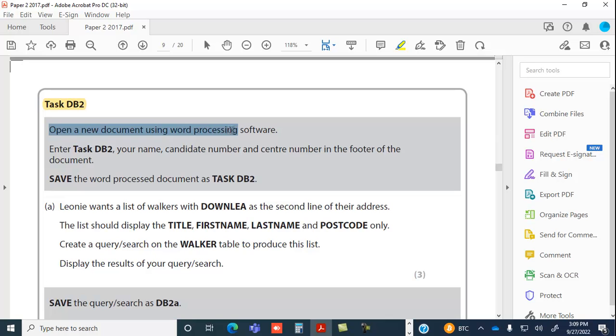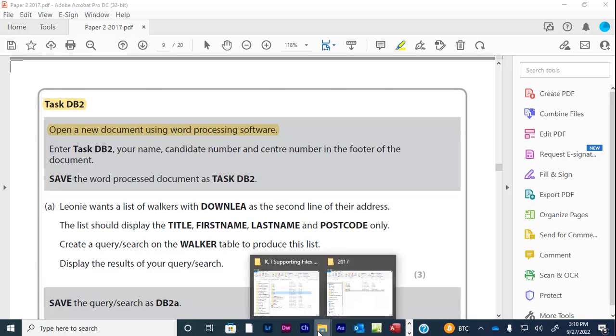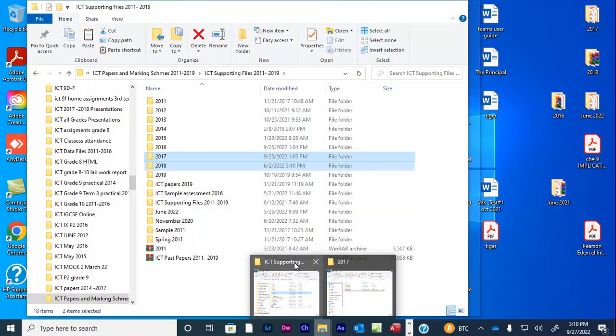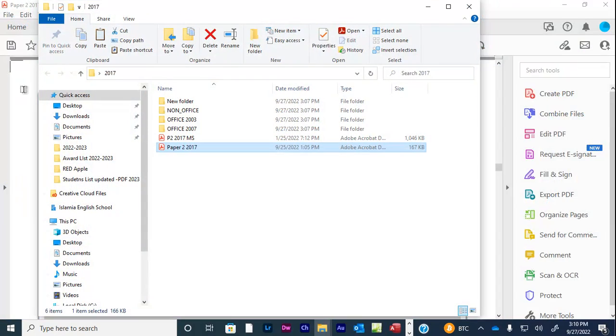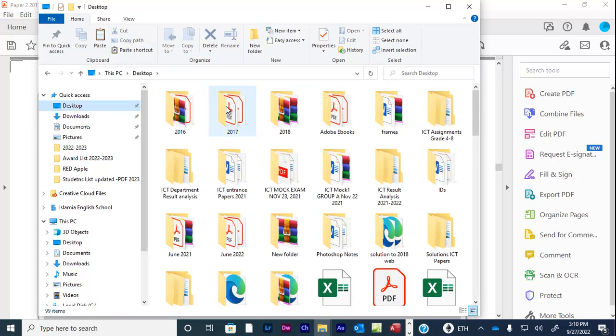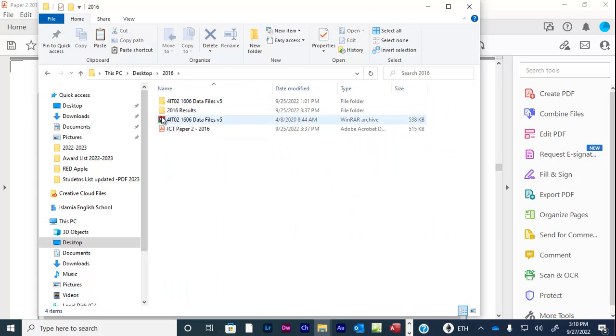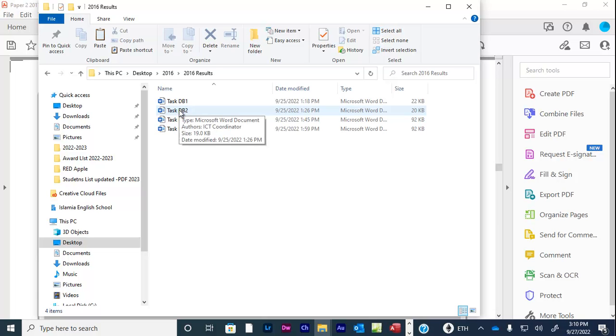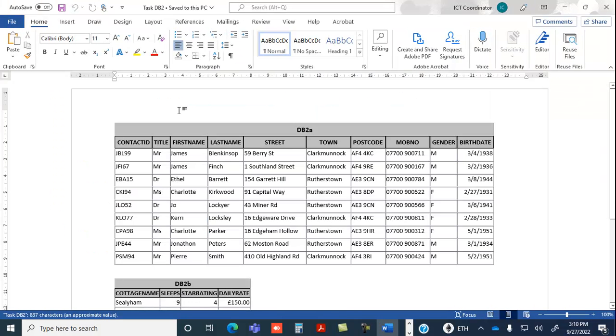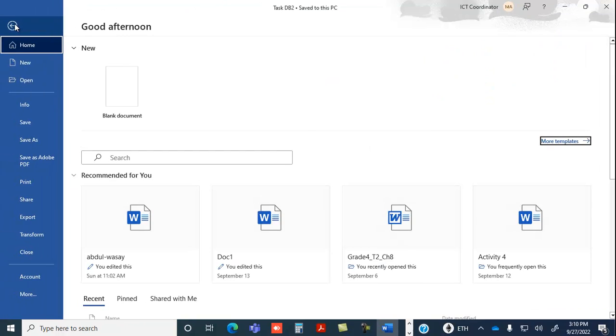Open a new document in word processing software, enter task db1 db2. As I told you, if you have already made task db1, then open that file. We will check where the folder is. These 2016 results are here, and db1 we have done in this. Open any, for example db2. Open this file, right? So save as,